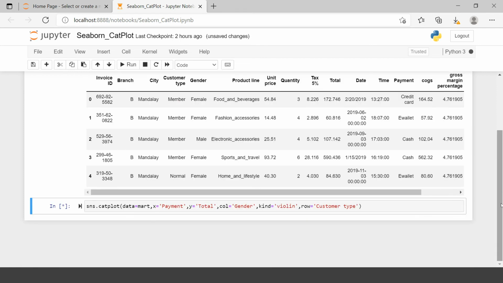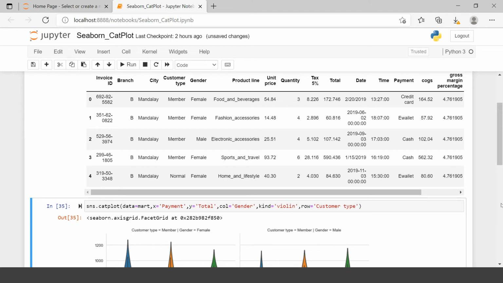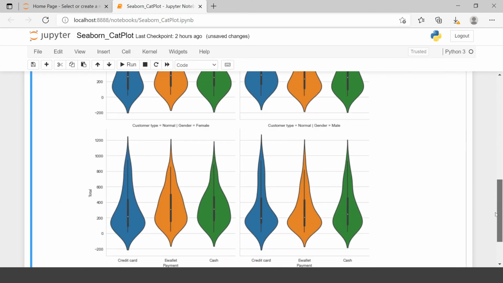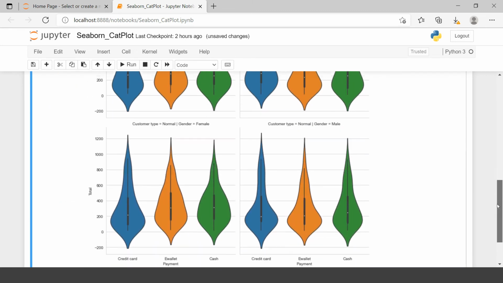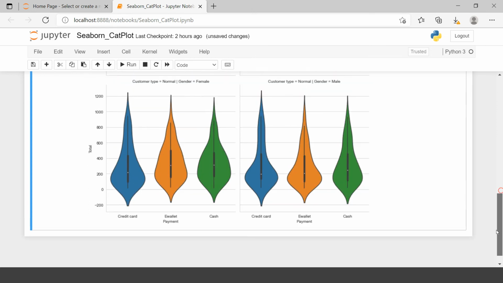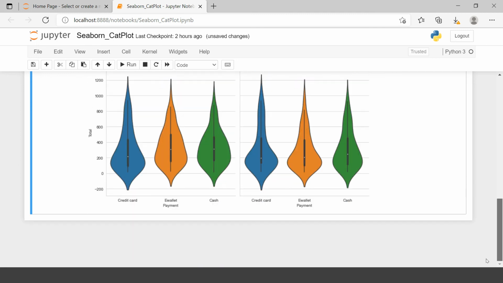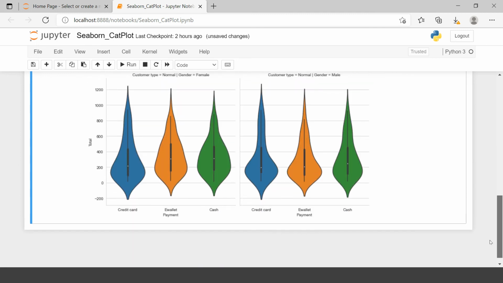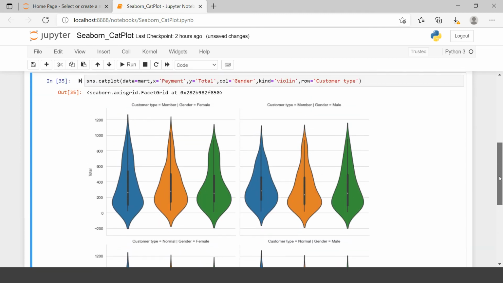This will create another row of plots in which you can see the categories. Like you can see over here, it has been grouped on the basis of customer type, which is member, and then the gender, which is female. So similarly, you can categorize a catplot on the basis of whatever variables you want over here.